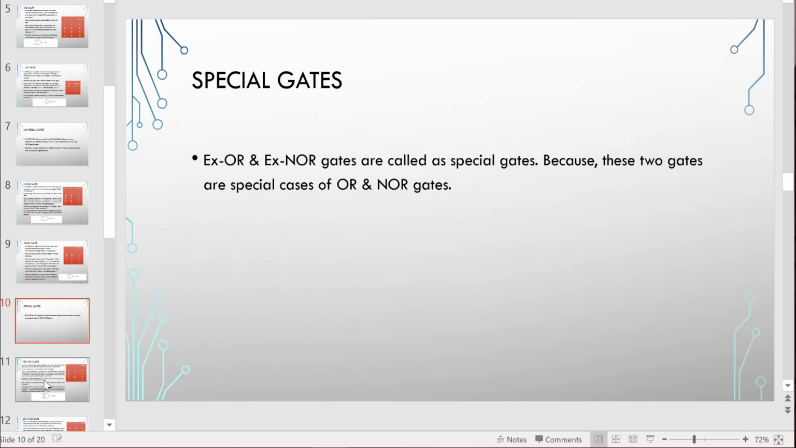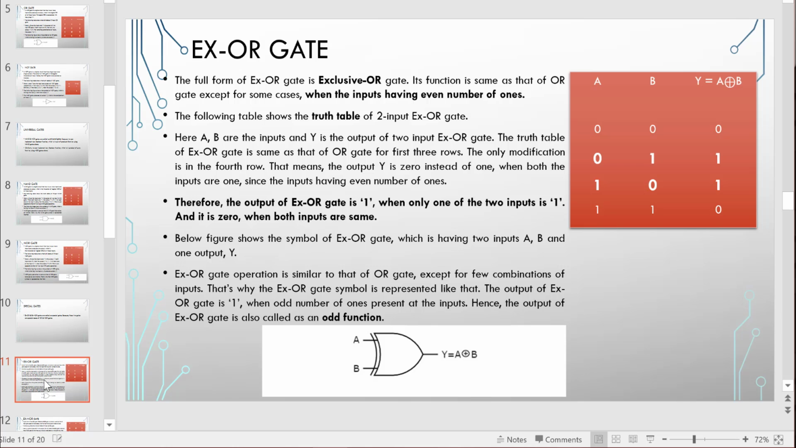Now we will discuss what are special gates. XOR and XNOR are the special gates. As the name shows, there will be some special condition for these gates, so we will see what these special conditions are. First of all, we will discuss the XOR gate. Its full form is exclusive OR gate, and its function is the same as that of the OR gate, except for some cases